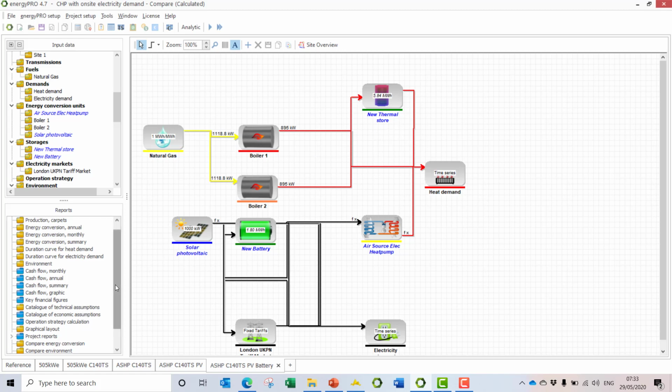So what this enables you to do is to say, well, if I take my building or my scheme, whatever energy system it is that you're modeling, in this case it's a very large leisure centre, I can take my scheme and I can then compare different scenarios of technologies, or it could be prices or whatever. I can make changes in each of these tabs and then run comparison reports. So here I could run compare cash flow, for instance,